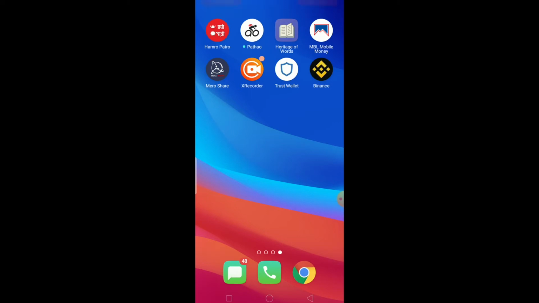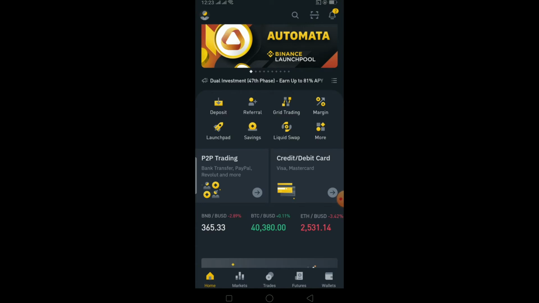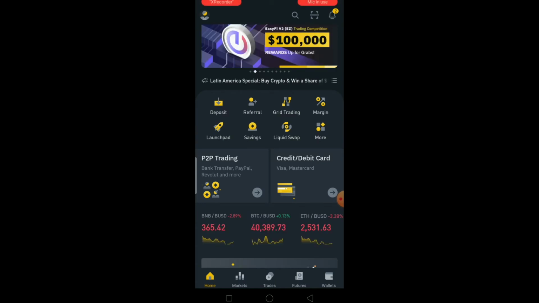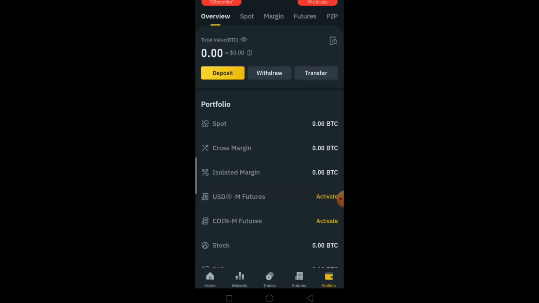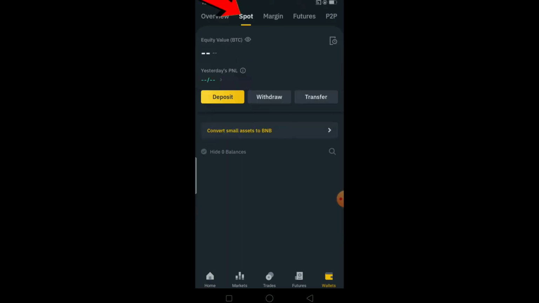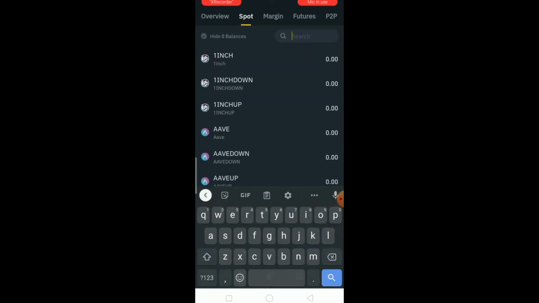To transfer your crypto from Trustwallet to Binance, first you want to go to Binance. Once you're on Binance, you log in to your account, and after you log in you'll come to this interface. Once you're in this interface, you want to go to where it says Wallets. Once you're in your wallet, go to where it says Spot on top. Go on Spot. Now over here, you want to search the coin which you want to transfer from Trustwallet to